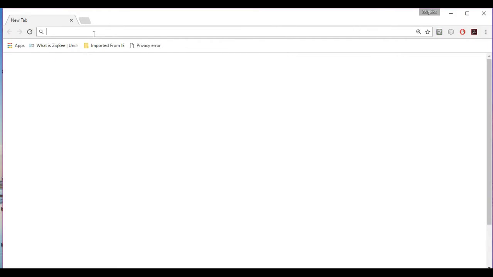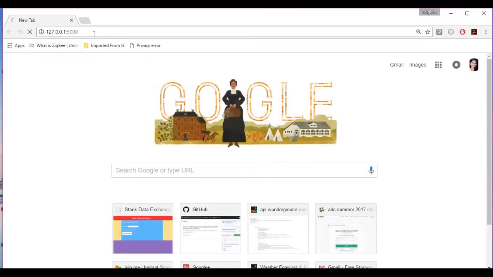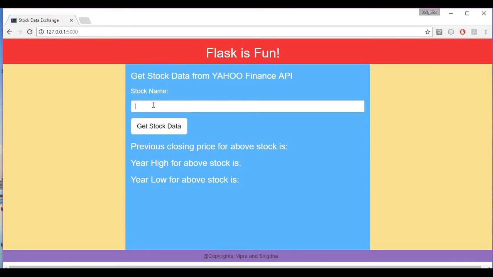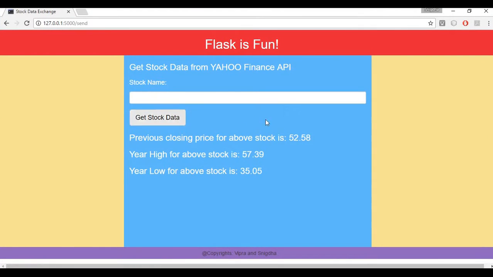I'm running this host and I'm going to say YHOO, which is the code for Yahoo stock. It is connecting to the Yahoo API and it is giving me all the prices for the Yahoo company. Let's find out how Google is doing.